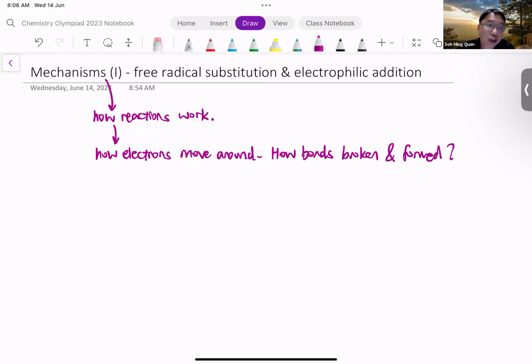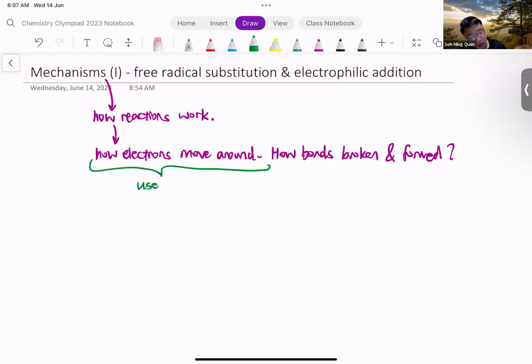Under energy changes, you learned how to calculate the delta H, the enthalpy change of a reaction. That is based on what bonds are broken and formed, how many of these bonds are broken and formed, and what is the strength of these bonds, right? So delta H is not simply the number of bonds broken and formed. It is the amount of energy taken in to break the bonds compared to the amount of energy released in forming the bonds. So the mechanism of a reaction will show us how the electrons move around and which bonds are broken and formed. And the way we do this